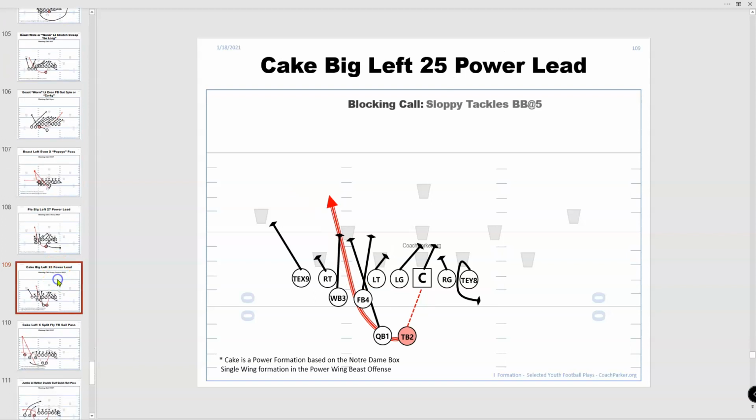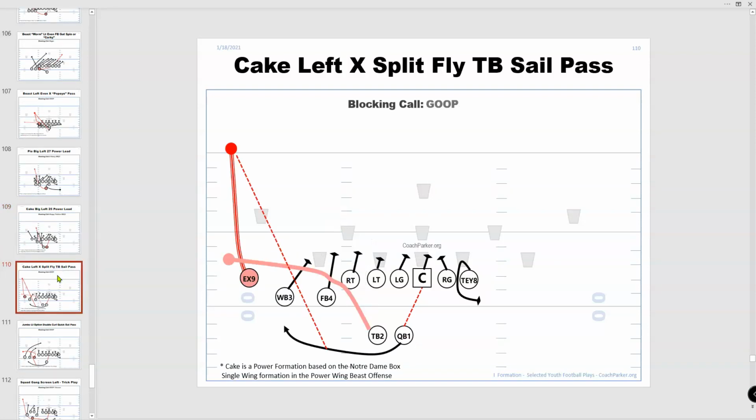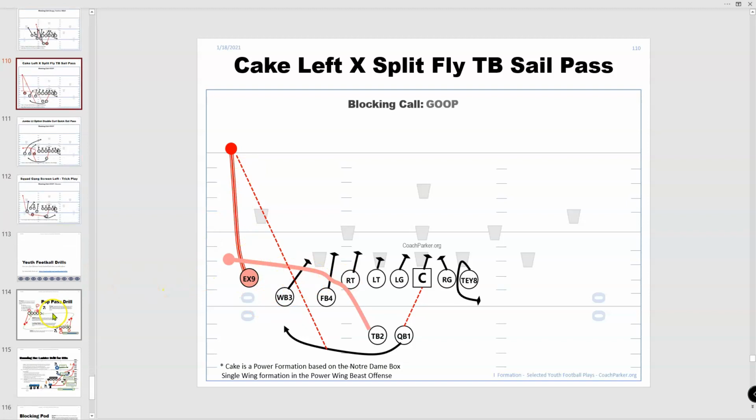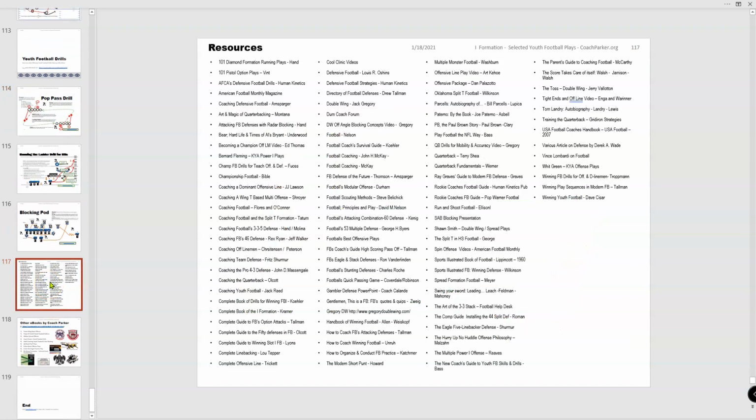Let's see, I threw some of these in so you could see this. Here's a Notre Dame box, which I call cake, which I used to call fat, with a couple of coaches call fat. And Kansas City actually just ran a similar, I think they ran this play. It was a little tighter than this in the playoff game. You can see him shift over to it, and then he makes a cut right here, but it was a little tighter. Let's see, and there's a drill, there's a pop pass drill, and then there's a bunch of resources,